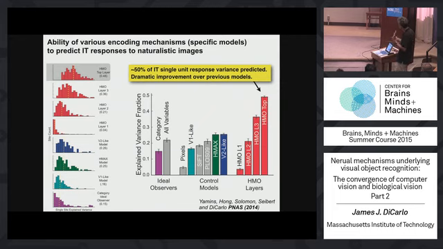Well, here's a model that actually has explicit knowledge of the category. It's not an image computable model, and it's not an easy one, but it's just given that sort of an oracle that's given the category and how well it explains IT, and you can see it explains IT much worse than the actual model. So this implies a model is limited by the architecture puts constraints on the model on how it adds variance that this just staying IT neurons or categories does not easily capture. So